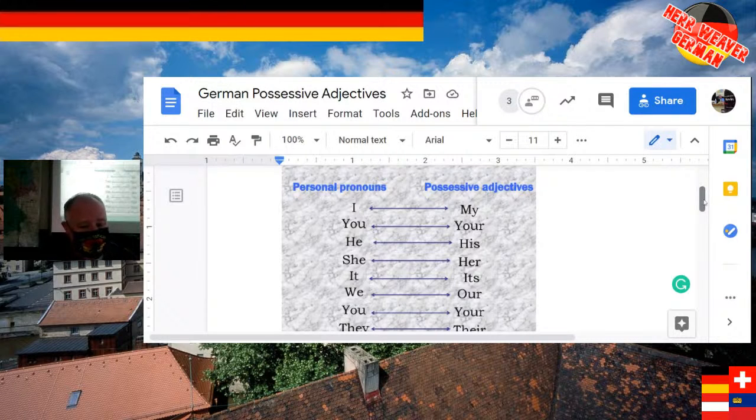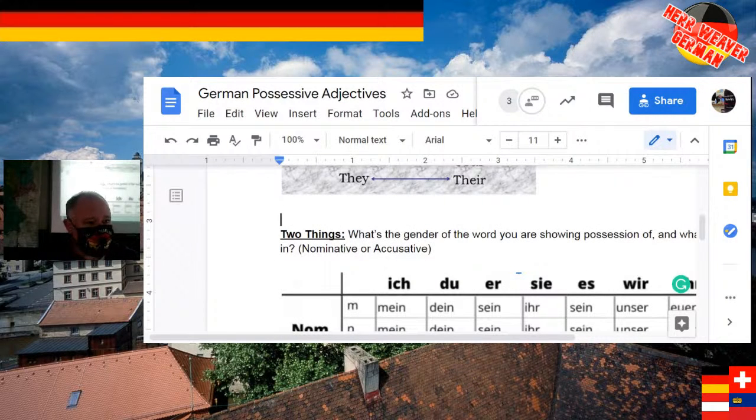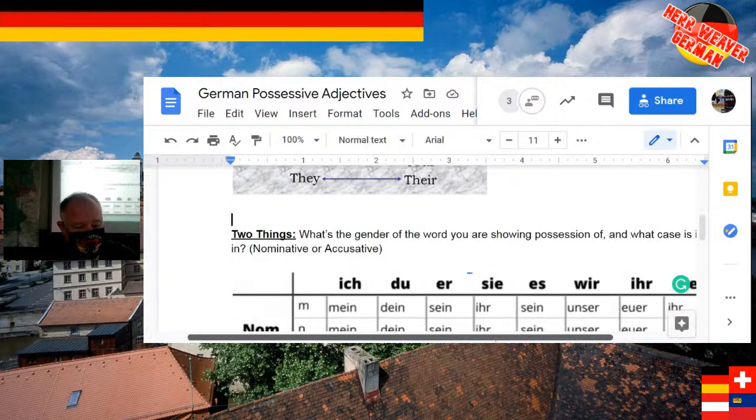But I, my, you, your, he, his, she, her, it, its, we, our, you, your, they, their, right? And of course, because there are more words for you in German, like with the formal or the informal or the plural informal, there's going to be different words for your.